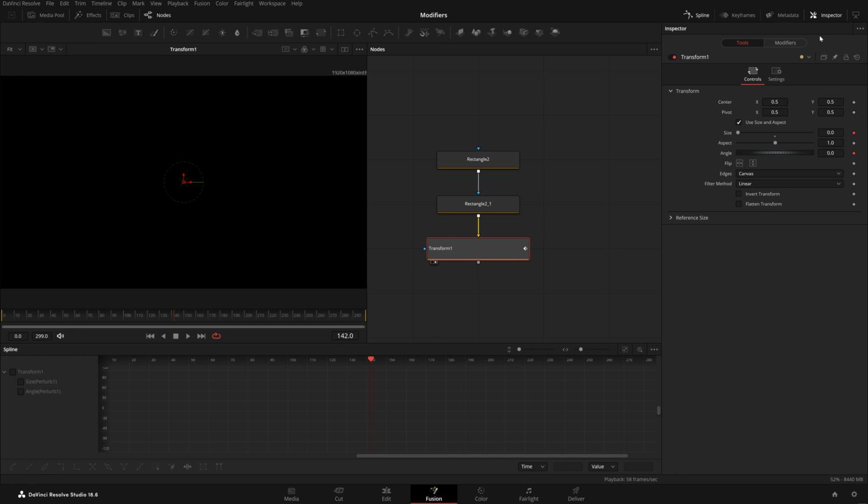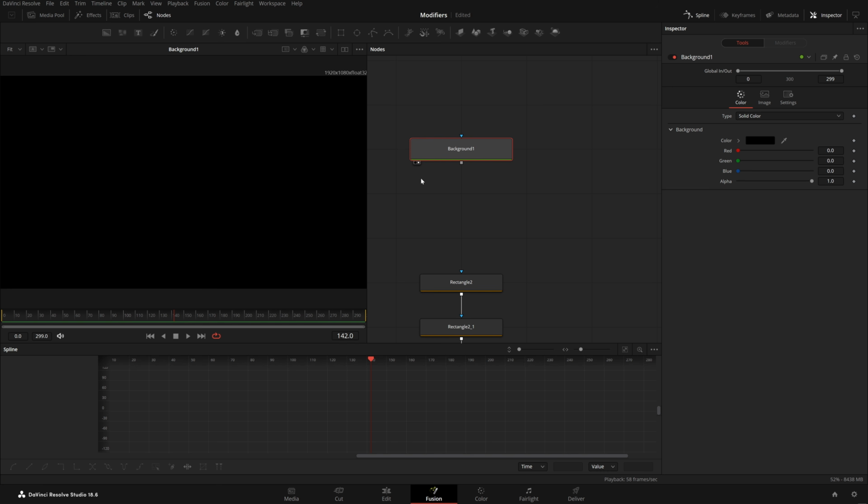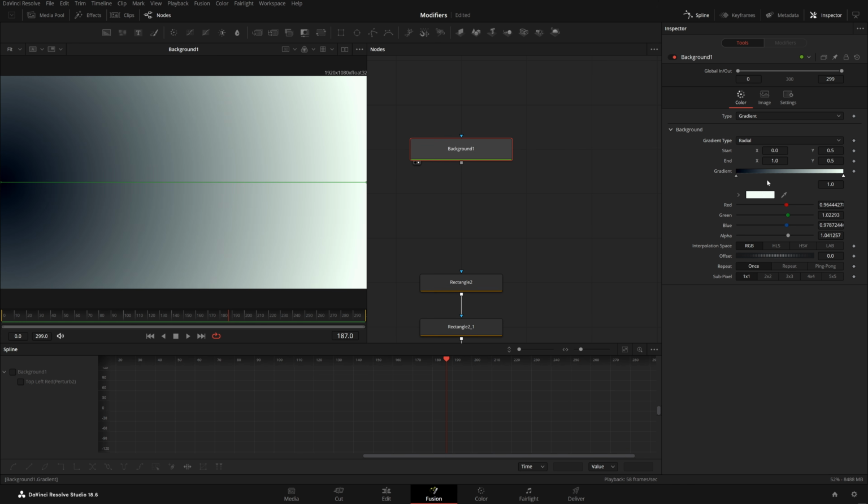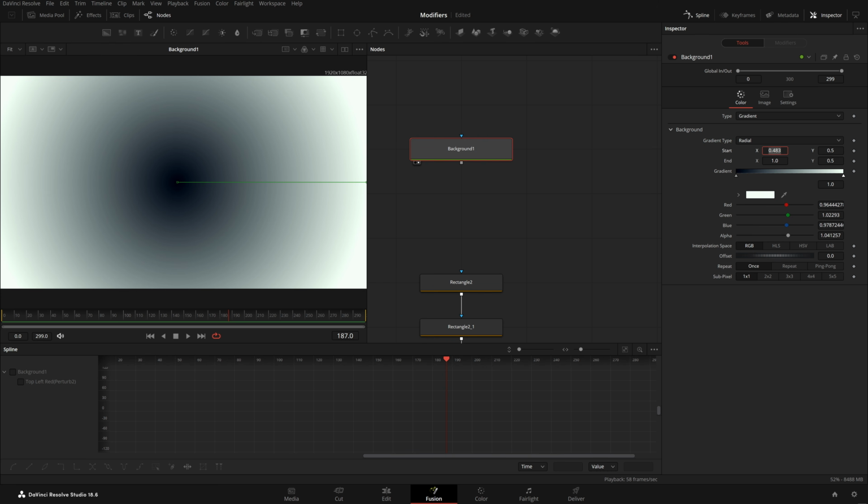The PerTube modifier is not just limited to this one. It changes with the parameters you put into it. For example, if I take a background, and view it, and now choose gradient. Right click onto this gradient and choose PerTube. And if I play, you see it creates this random color over here. Instead of linear, if I change it to maybe radial, something like that, and bring this over here in the middle, 0.5, and now over here, if I again make it as it is and right click,